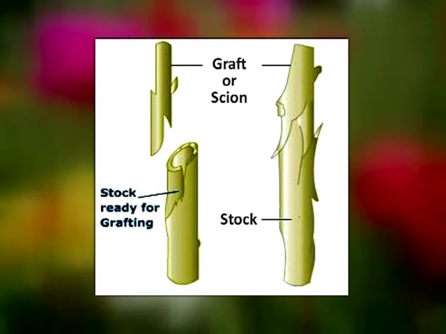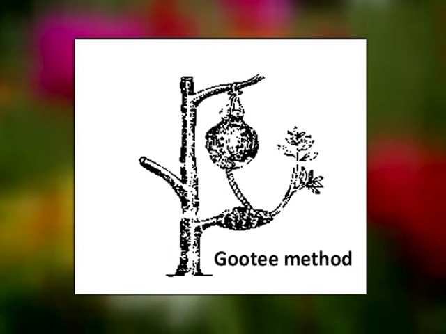This is usually practiced among dicotyledonous plants, especially fruit trees. Of the two plants, one is rooted in the soil, is known as stock. The other part being grafted over is known as scion. Next method is gootee. In this method, a healthy and a woody branch is selected, and the bark is sliced